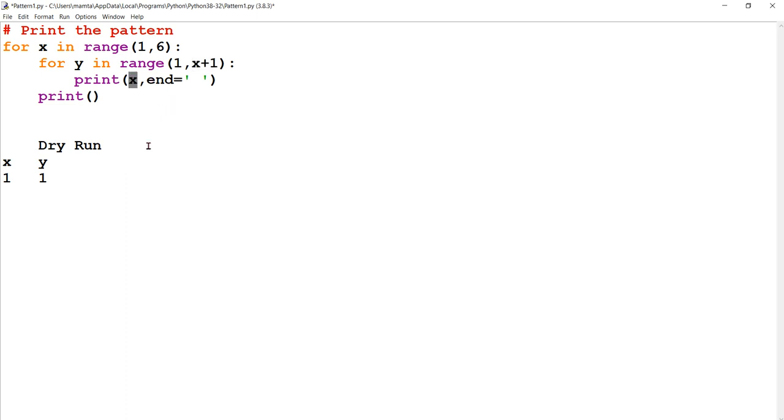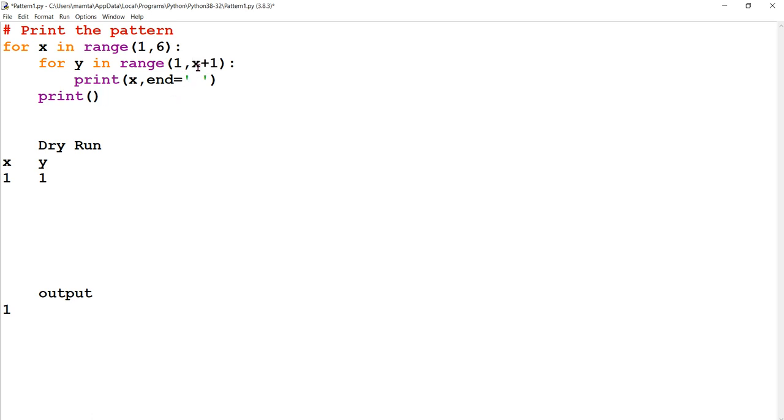And hence we are printing X's value over here. So in output, X's value, if I draw the output over here, the first value will be printed, that is 1. And as you can see, the inner loop will be iterating only one time depending upon X, and X's value is being printed. So X is 1 over here. So in output 1 will be printed and the cursor will remain in the same line.